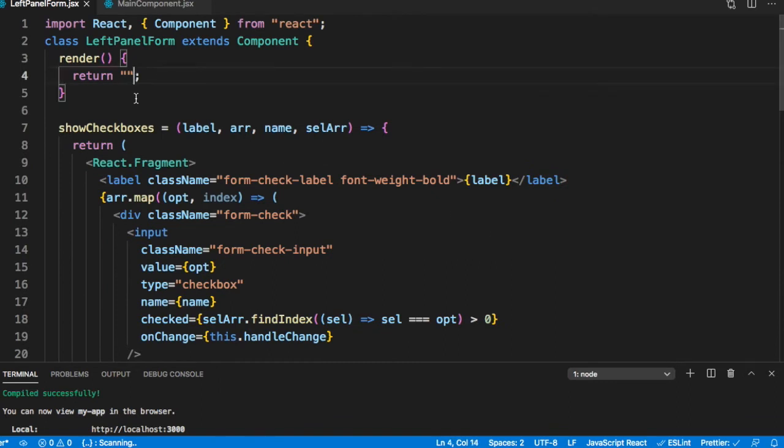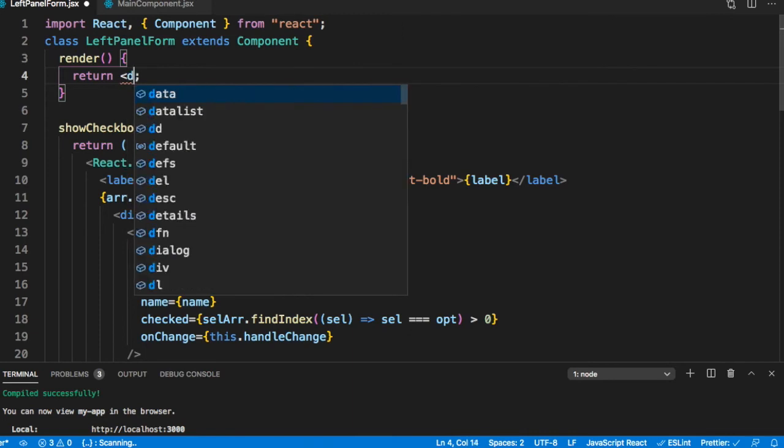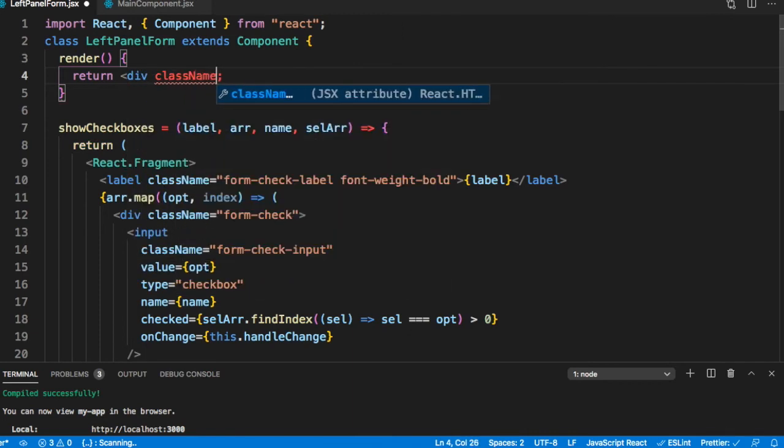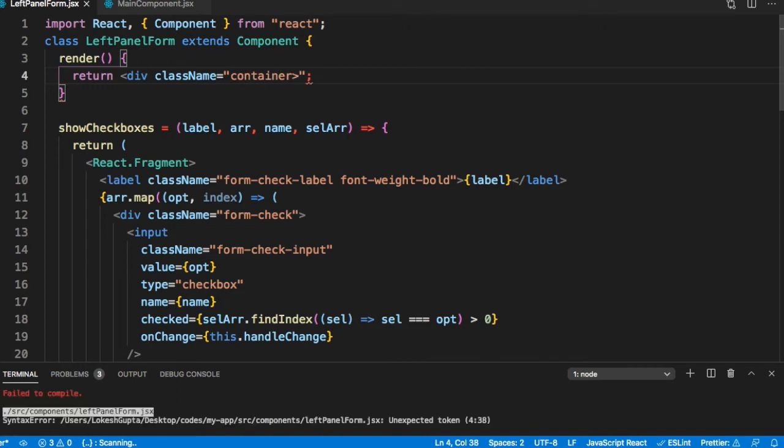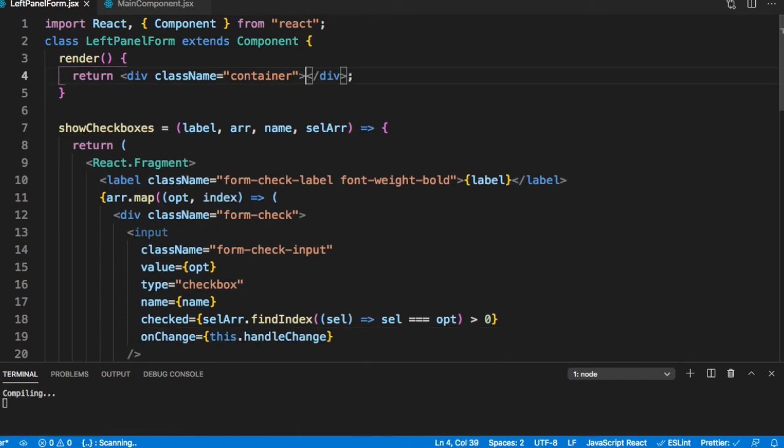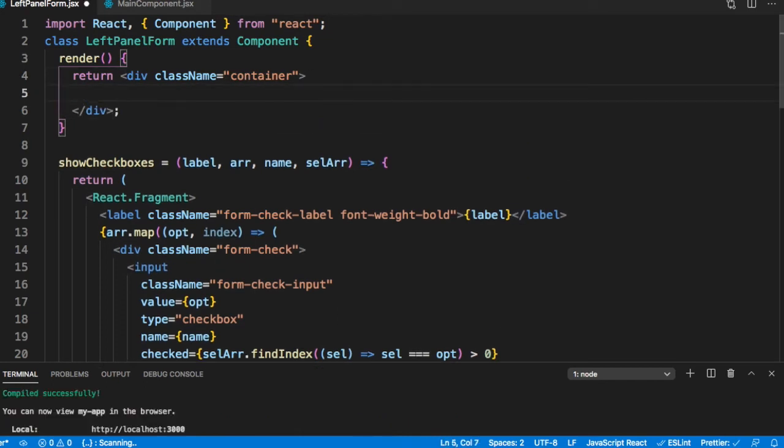So let's go to our return. And here let's just say div class name is equal to container. And within that we want to show, so let's just say H4, choose options.